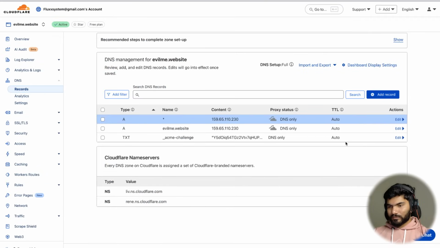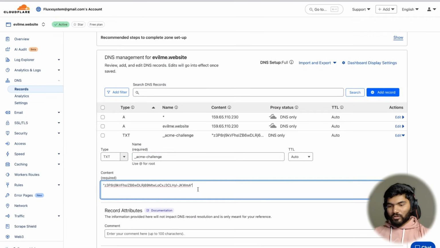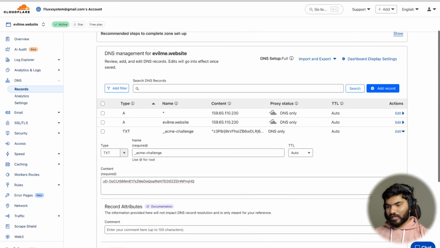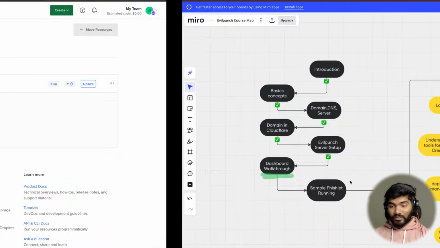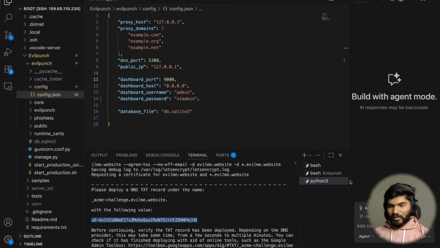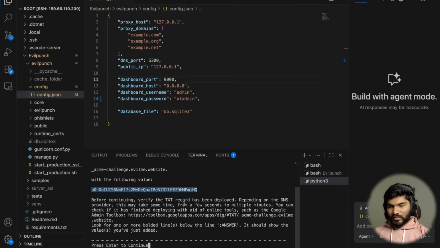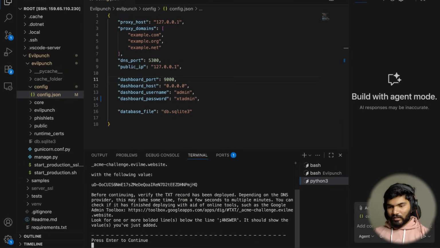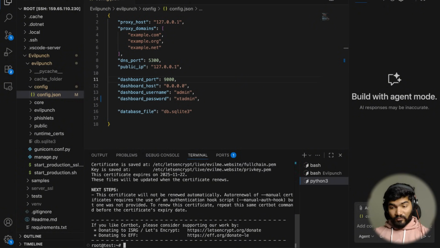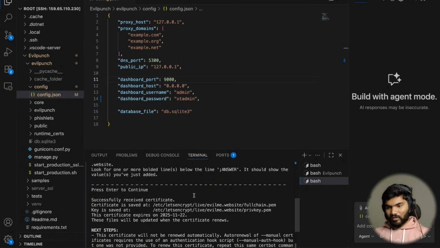Let me go back here. Also, don't request too many certificates in one go, otherwise that will trigger a rate limiting issue and it will run into an error. Okay, so right now it is done. Let me hit the enter button. Hopefully this time it will work, and it did work. Okay, so we got this particular Let's Encrypt certificate right here and key right here, and we need to basically